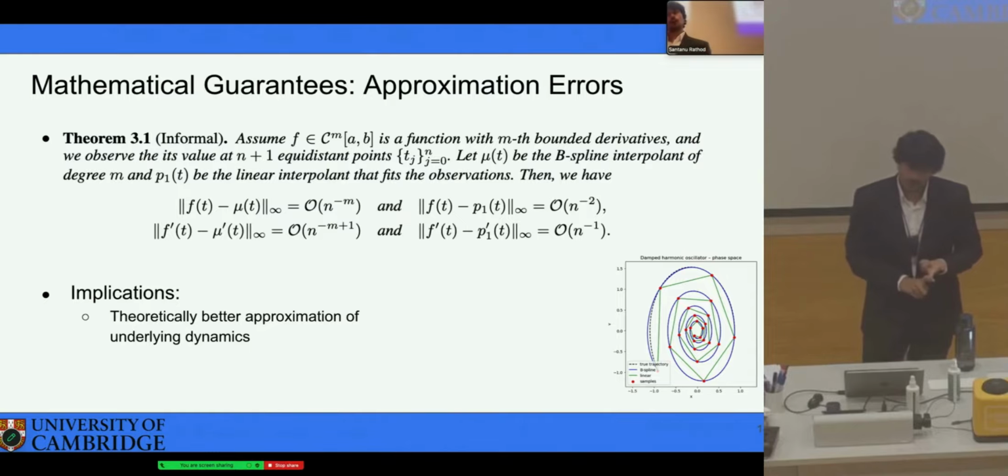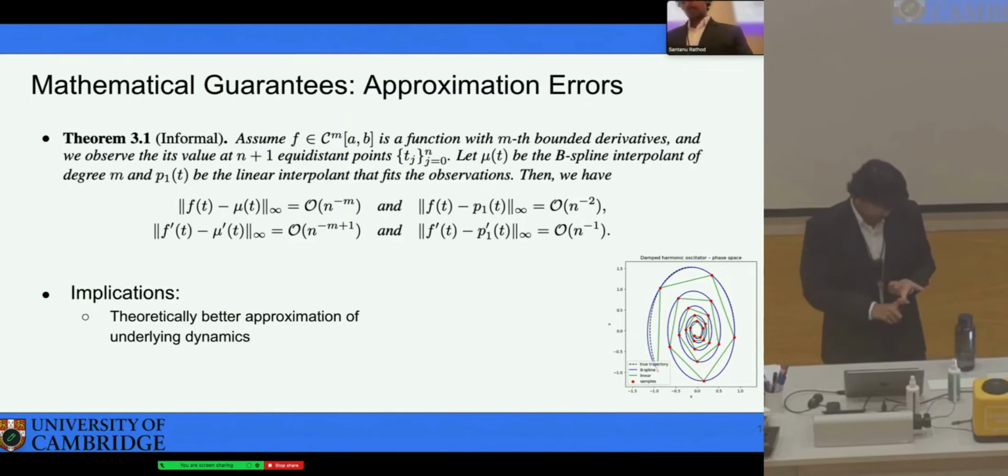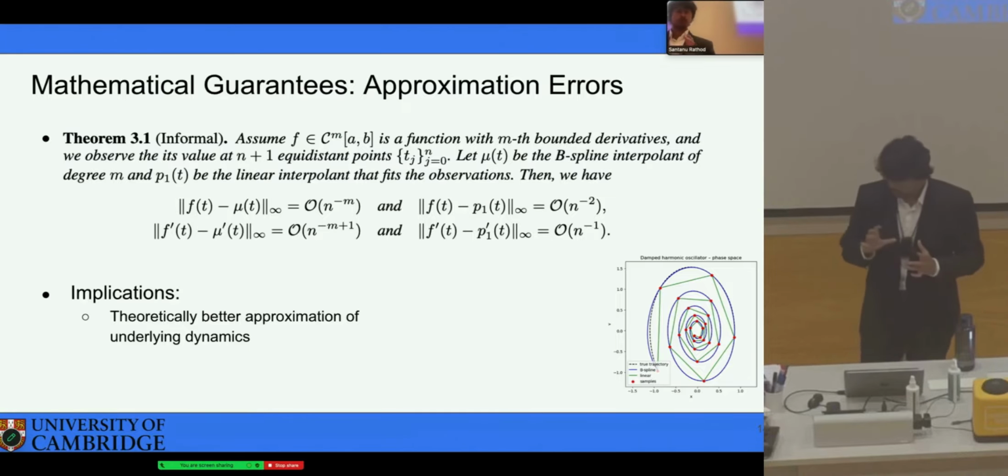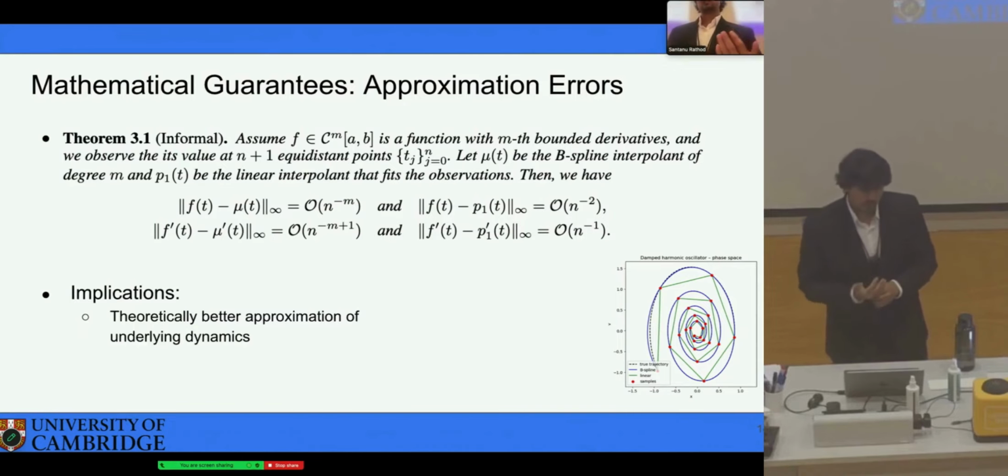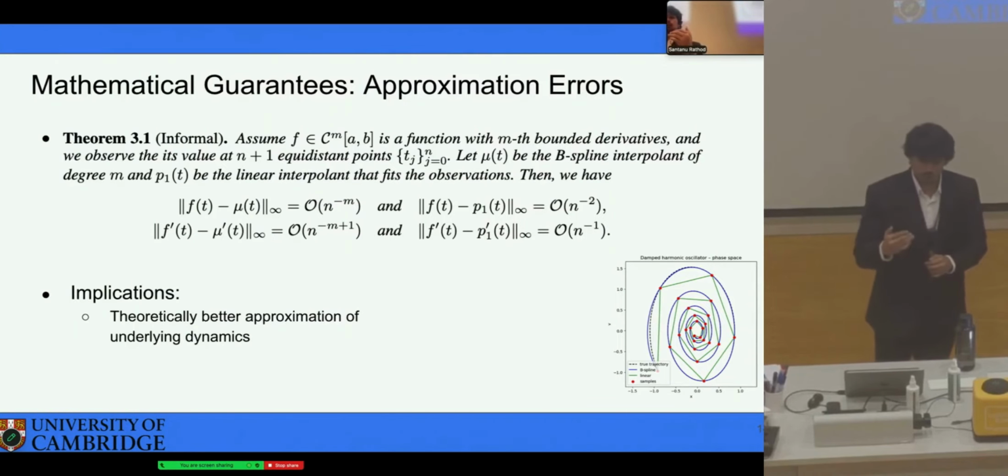As we saw in the case of the damped harmonic oscillator, the error in linear interpolants is higher than B-spline. And mathematically speaking, you can show that it looks like the following form,